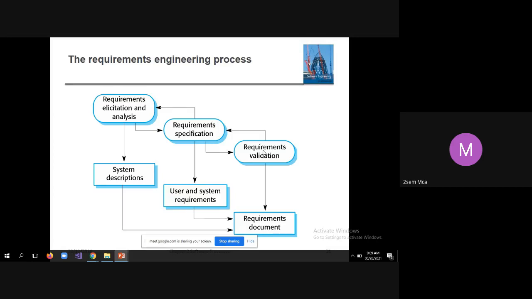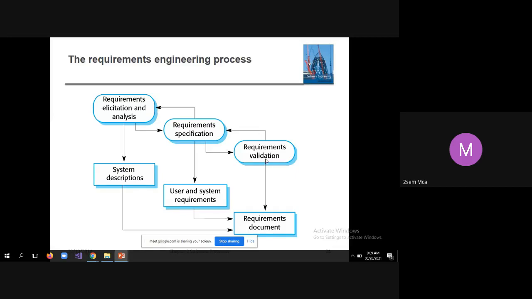In case anything is left out, that is to be added. That's why you are having the feedback arrow. You can see here the feedback arrow from requirements validation to the previous stage. Similarly, from requirement specification to requirements elicitation and analysis. So if anything is left out, that can be added.